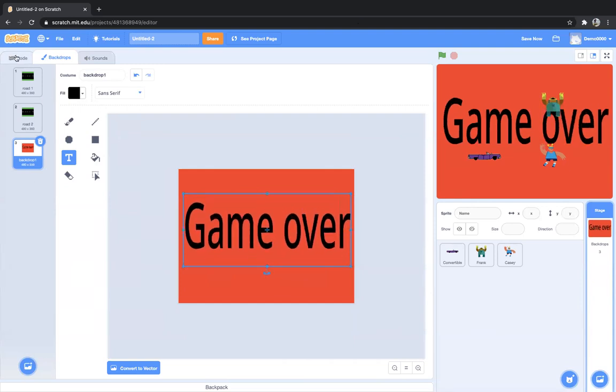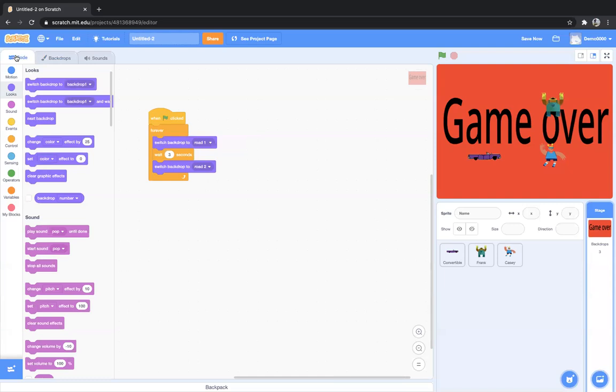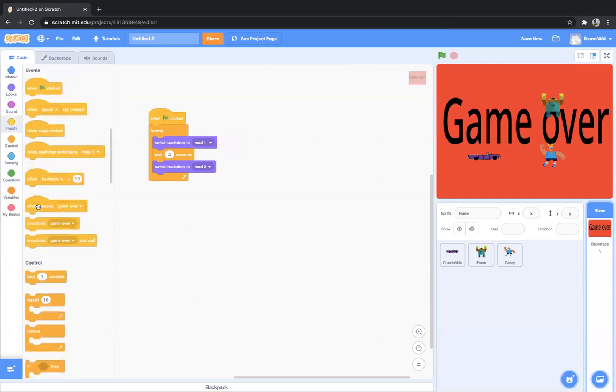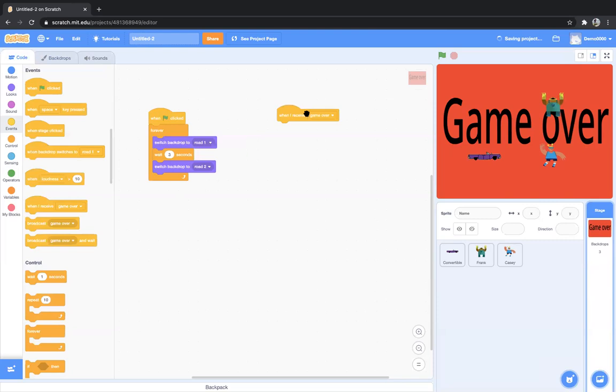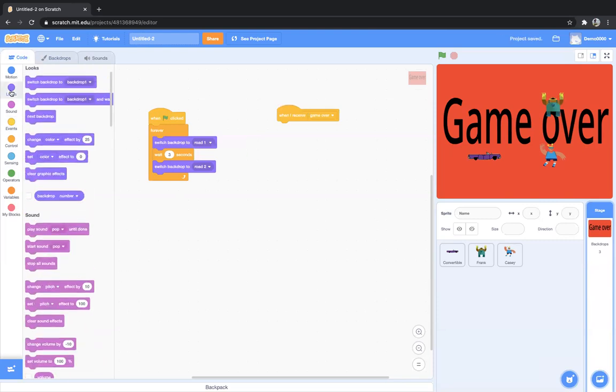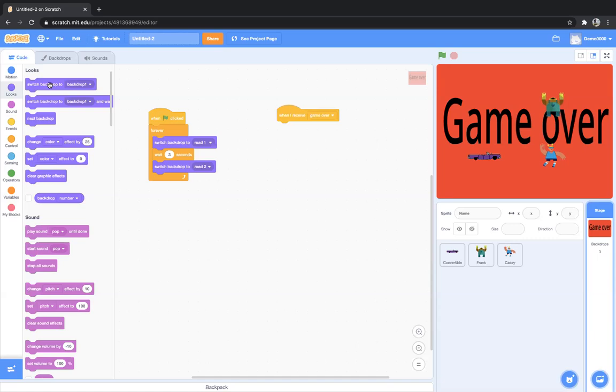Now let's go back to code again. So this game over screen should appear when the car has crashed with Frank or Casey or the green side. So now let's make it up. I'll go to backdrops. We are already on the backdrop right now. Now let's code. When the backdrop receives this message game over, I'll go to events, and when I receive game over, that time I want the backdrop to switch. In the backdrops we have three backdrops, the road. But when I receive the game over, I want the backdrop to be switched. So how to do that? I'll go to looks and use this switch backdrop to, and place it here.